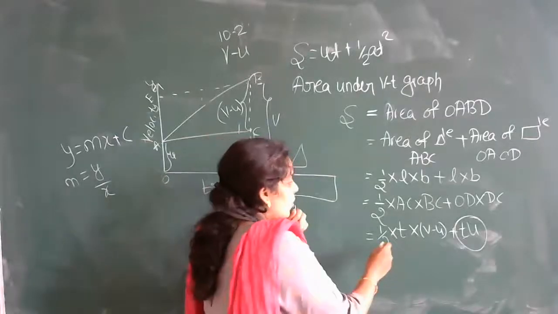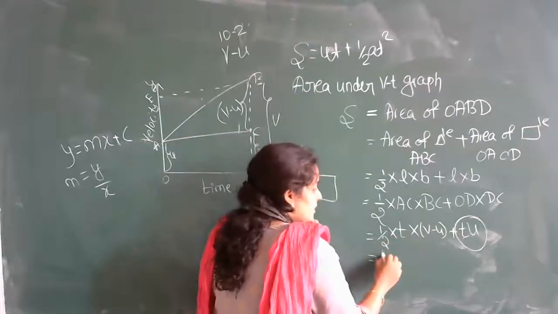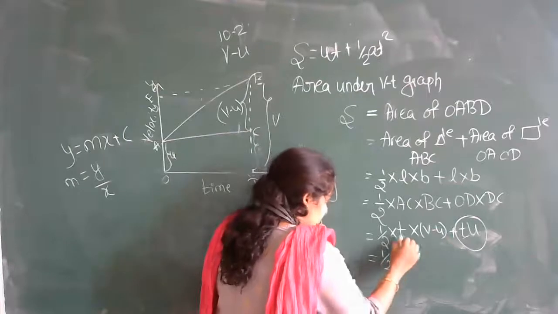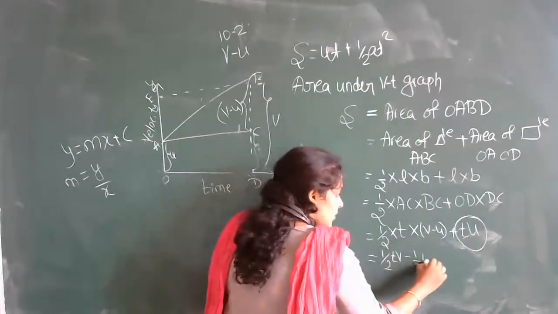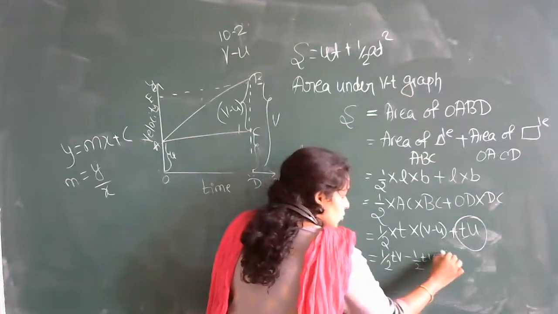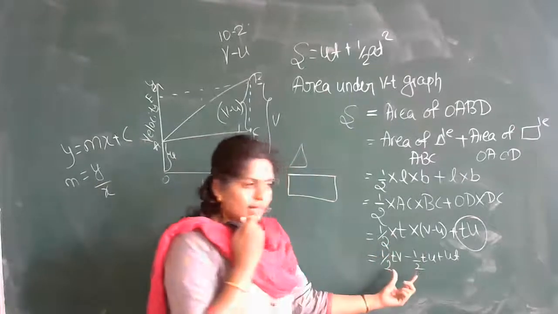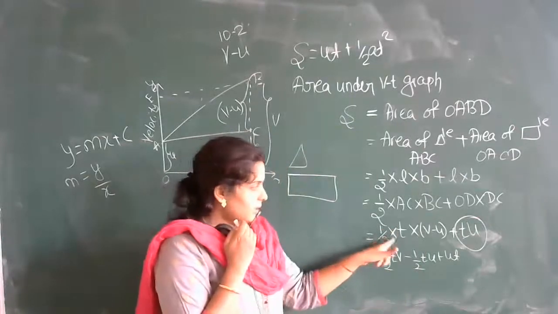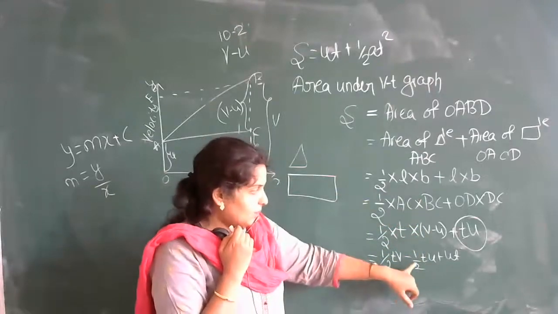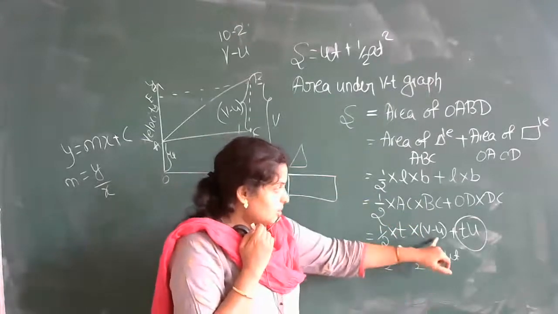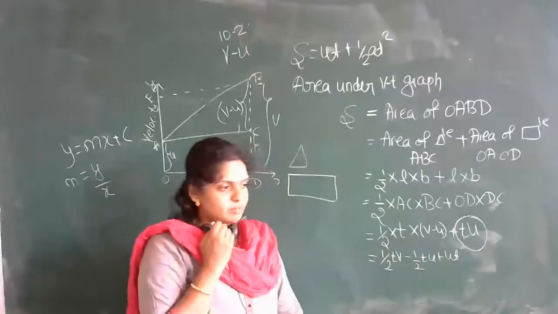Okay. So what you can do here, see this. You can just multiply this one. This becomes 1 divided by 2 into t into v minus 1 divided by 2 into t into u plus ut. Correct? Simplifying this bracket, we get this term. Everything is in multiplication. So half vt minus half ut. Correct? Just I am simplifying this first bracket.